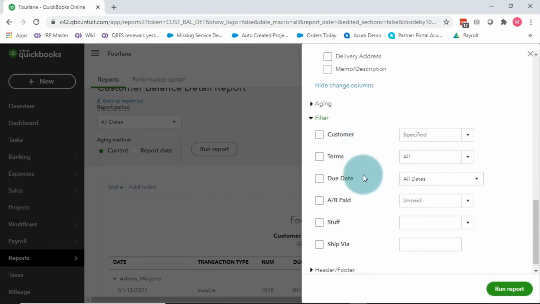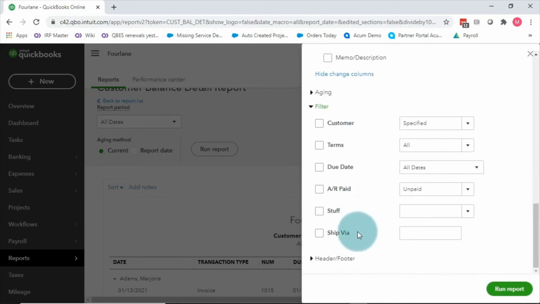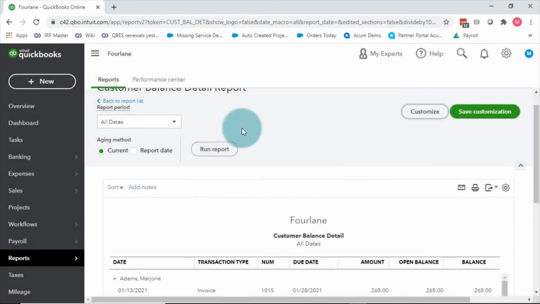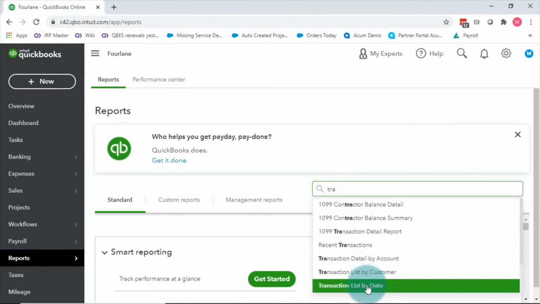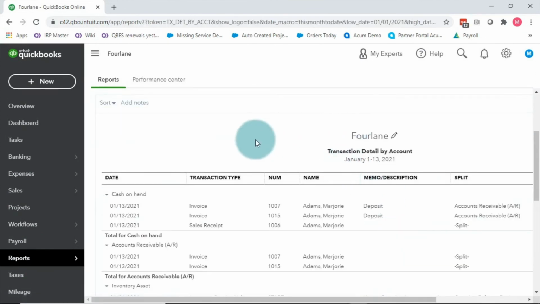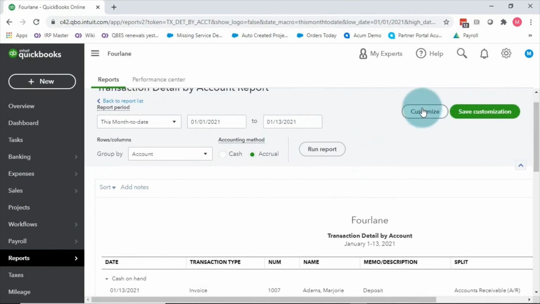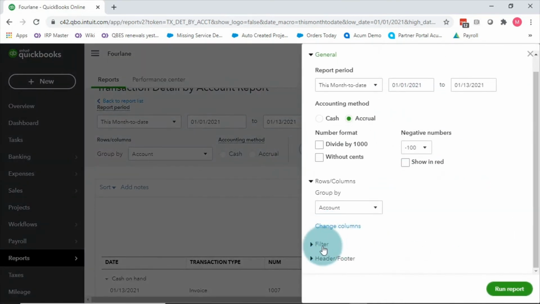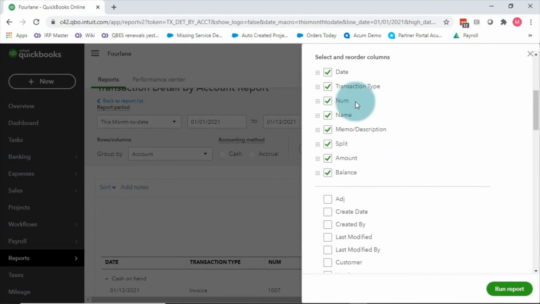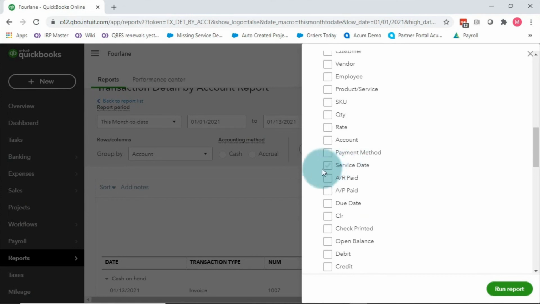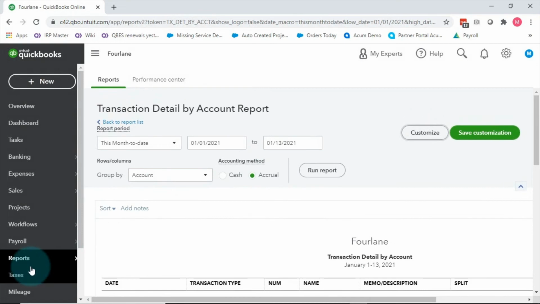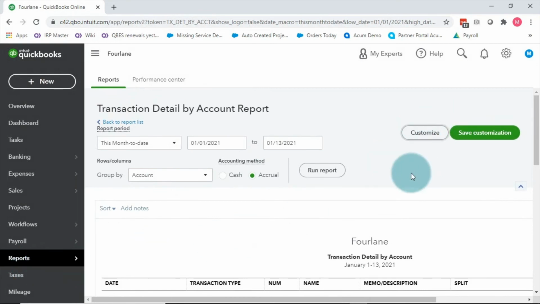It's not a filter field that is on here. Even if I go in and look at transaction detail reports, so transaction detail by account or by customer, and I customize this report and say, show me the different columns that are possible to add to this report, service date is on this one, but not on the customer reports. So you want to make sure that you just have awareness. When we turn on these fields, be curious, figure out what's going on.